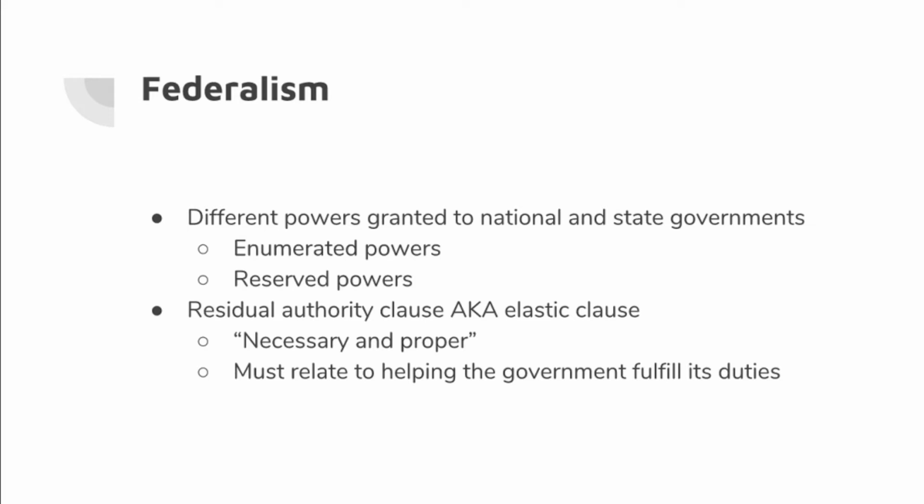What this means is that the national and state governments both have their own specific powers, but the national government also has the power to be elastic in a sense, meaning to stretch their power in order to fulfill the nation's needs. However, this is only if the laws the legislative branch makes are related to the enumerated powers of the national